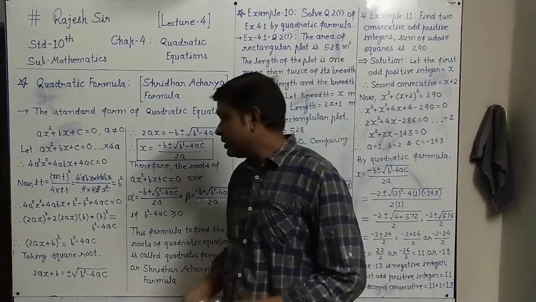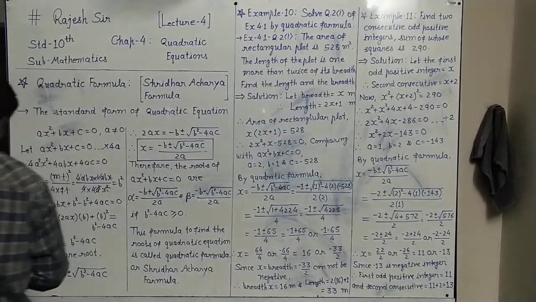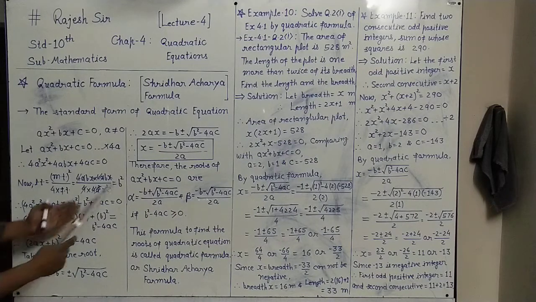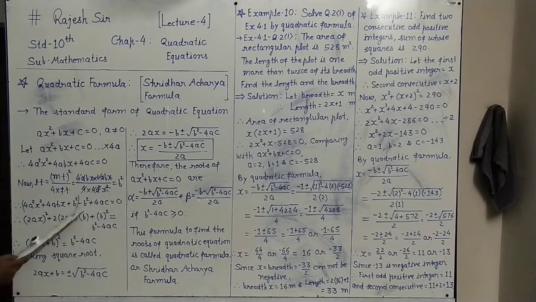Now for more simplification, by doing so, the first 3 terms become a perfect trinomial. So we can make a group of the first 3 terms and the remaining 2 terms will be left. The first term 4a square x square can be written as 2ax the whole square. Then plus 2 into the first bracket 2ax and into the second bracket, the root of b square, which is b, and plus b square can be written as b whole square. And this minus b square plus 4ac, if I take it on the side of 0, this minus b square becomes plus b square and plus 4ac becomes minus 4ac.